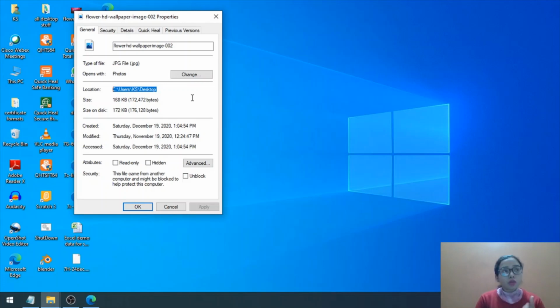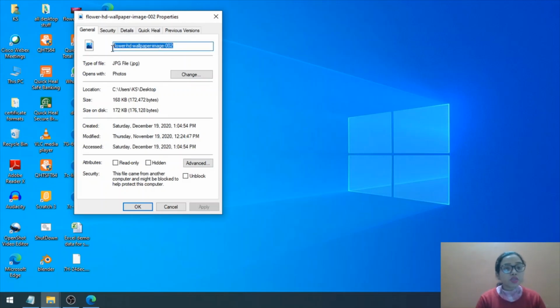When the HTML file, the notepad file, and the image file are in the same location, you need not copy the entire path. In my case, my notepad file is on the desktop as well as my image file is also on the desktop. So I need not copy the entire path, which is C users, desktop.